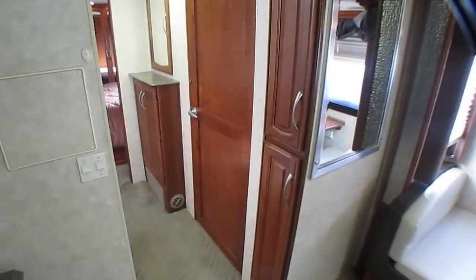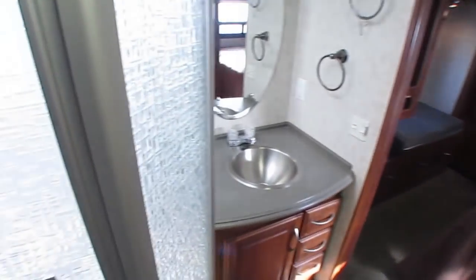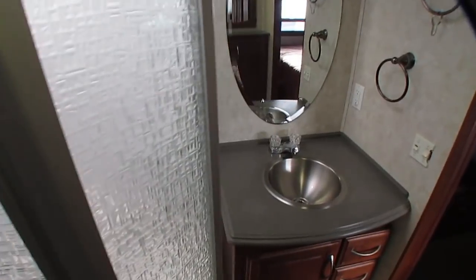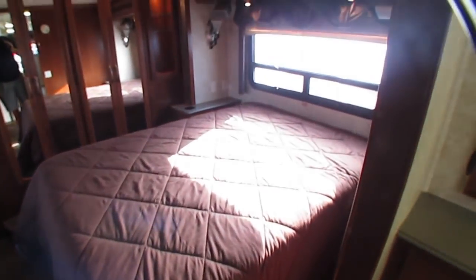Anyway, $69.9, you get the warranty. This unit will be checked out. Anything we find wrong with it, folks, as far as what we cover on our inspection sheet, we're going to replace it, repair it at no additional cost to you. So no matter what it costs us for this RV to pass our inspection process, you're guaranteed that